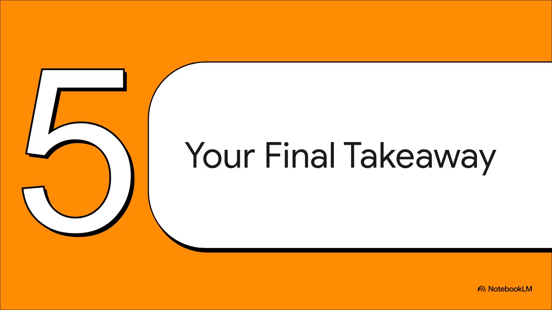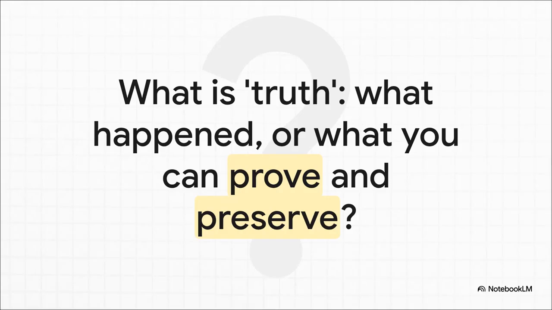So we've gone through all these rules, all these real-life cases. What's the one thing, the final takeaway you really ought to remember from our little chat today? I'm going to leave you with this question to mull over. We started out talking about Rule 102 and how the goal of all this is supposed to be finding the truth. But what we've seen today is that the legal system doesn't really run on some kind of abstract, cosmic truth. It runs on what a lawyer can prove, and maybe, even more importantly, what that lawyer properly preserves in the trial court record. It's a pretty sobering thought, ain't it?